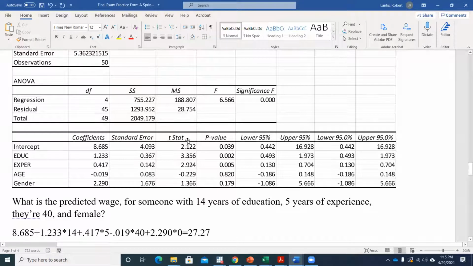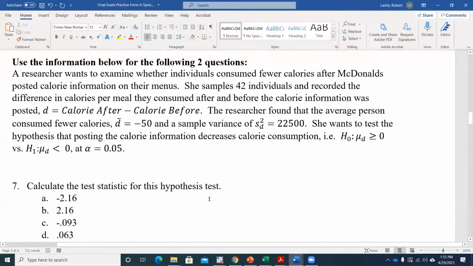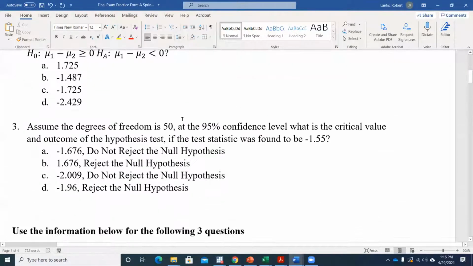Any other questions on anything related to this problem? Okay. So I think that's a pretty fair representation of questions that you could be asked about linear regression. We've worked through the rest of these. You can see, between this practice exam and practice exam A,